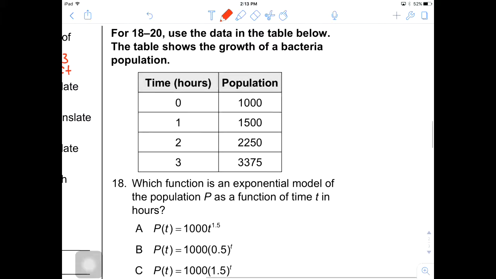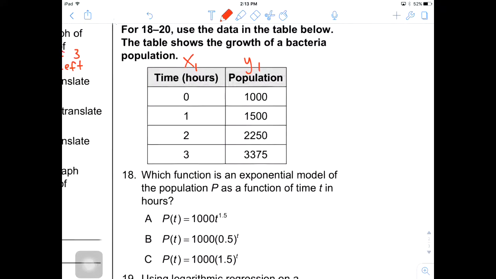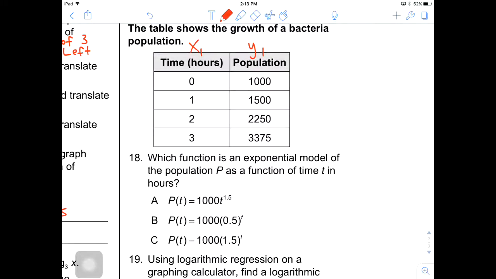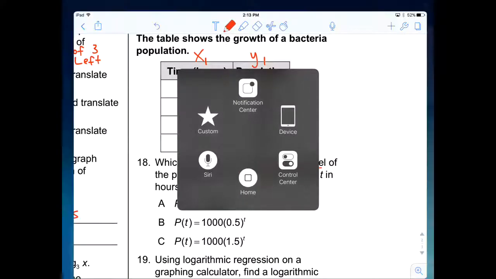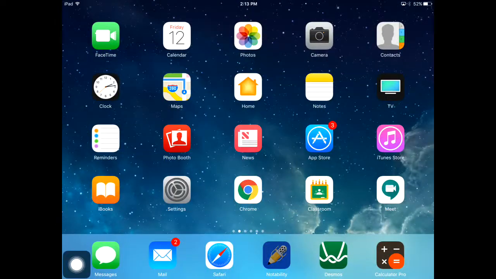Number 18 through 20 has to do with the table set. You need to open up a tab in Desmos and enter x1 and y1 into the table. Number 18 says which function is an exponential model. You would need to generate the equation using the exponential function on Desmos. Make sure you try that first before you look at the answer. Here is the equation that I have: A equals 1000, B is 1.5 exactly. Put it together, your equation should be